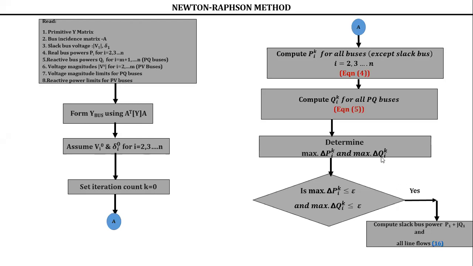Similarly, delta Qi, suppose delta Q1 is equal to 3, delta Q2 is equal to 1, then among these two delta Q values, which one is maximum? 3, isn't it? So that is considered. And if you check the convergence with the maximum value, then obviously the other values will be within the limits, isn't it? That's why we are taking the maximum change in real power and maximum change in reactive power. Okay, I think he has got my point. If you don't have any doubts, I'll be moving on to the next one.